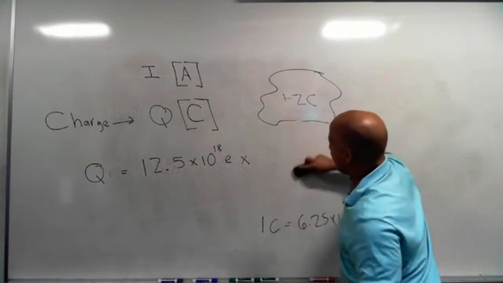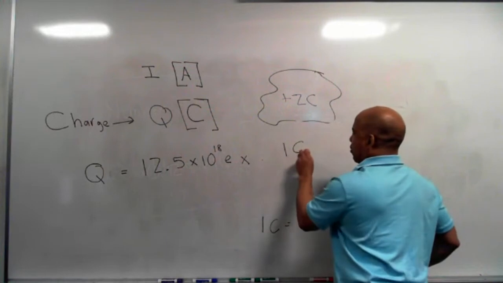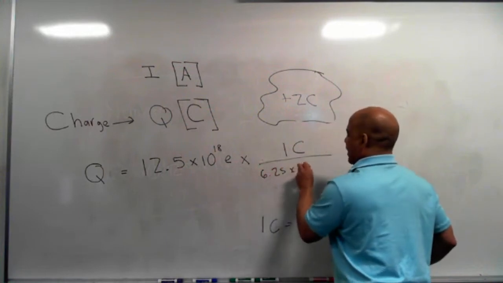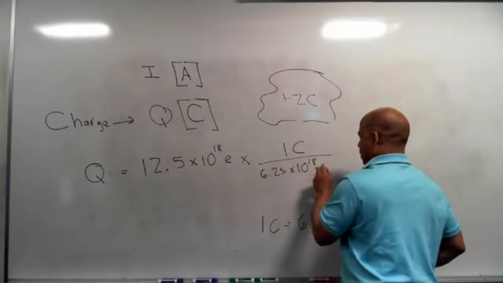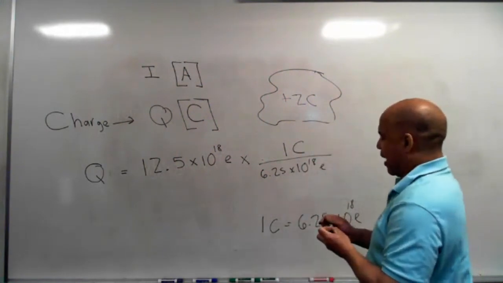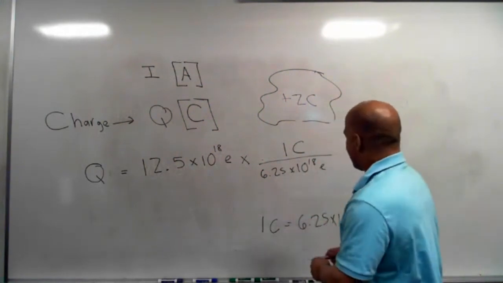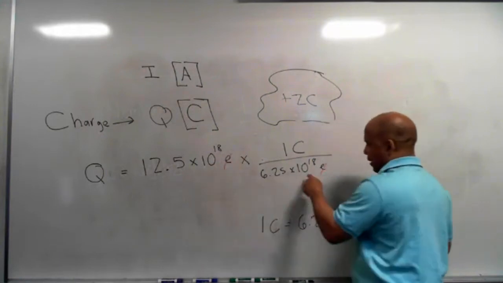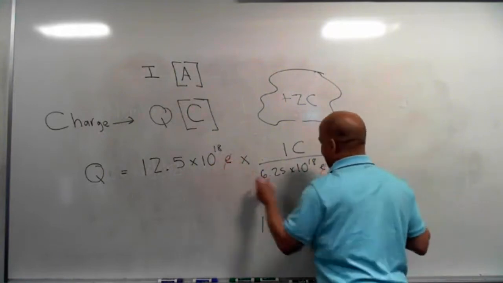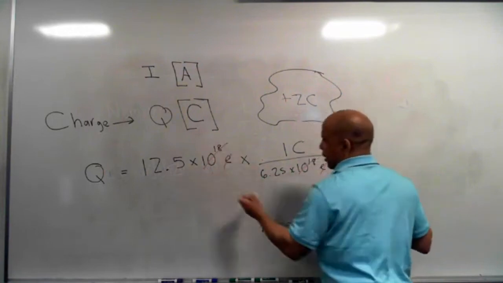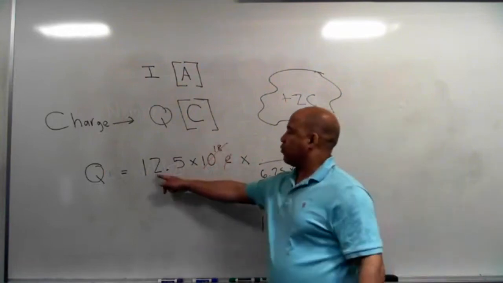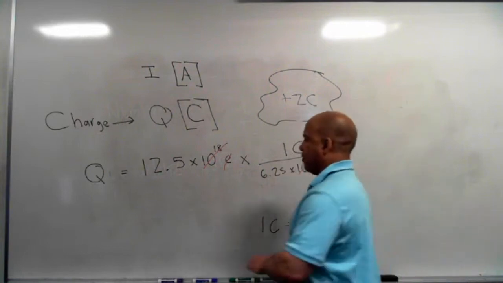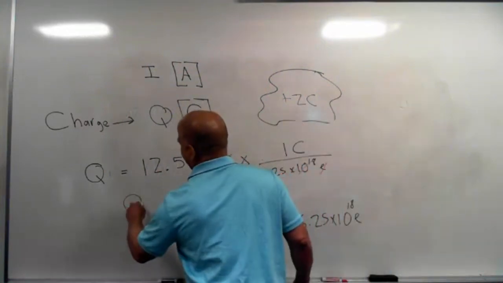If I flip that over, I know that 1 coulomb is the same as 6.25 times 10 to the 18th electrons. And now things cancel out because I got it in there the right way. The unit of electron cancels. The 10 to the 18th and that 10 to the 18th will cancel. So all I'm really doing is taking 12.5, dividing by 6.25. So whoever said 2 coulombs, the answer is